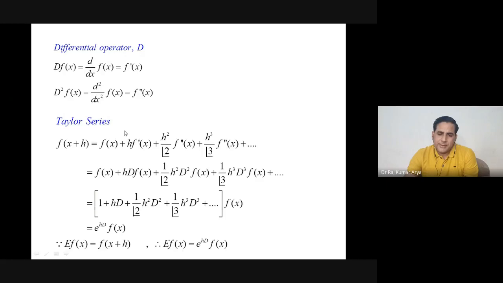Now you have your Taylor series expansion, right? Have you heard the term Taylor series? You are just calculating the function value f(x plus h), and if you know f(x), you know the function value, and you are just making a small change in x here. So this is your Taylor series expansion: f(x) plus h f dash x, plus h square by factorial 2 f double dash x, and h cube by factorial 3 f triple derivative.